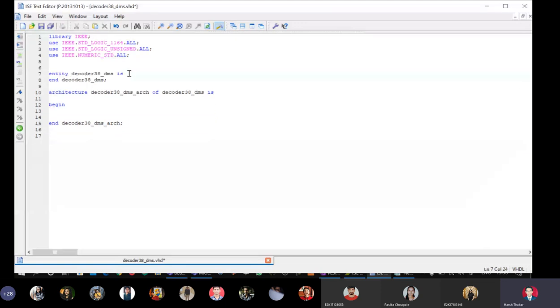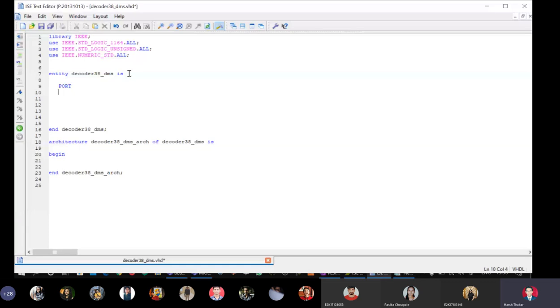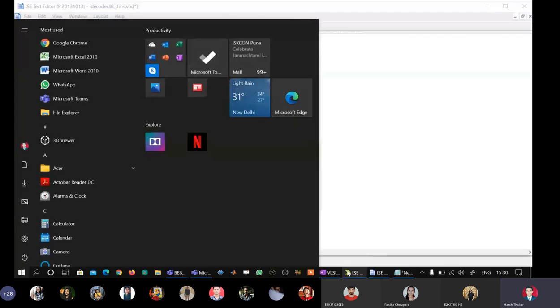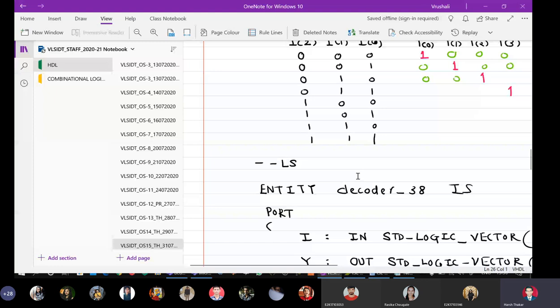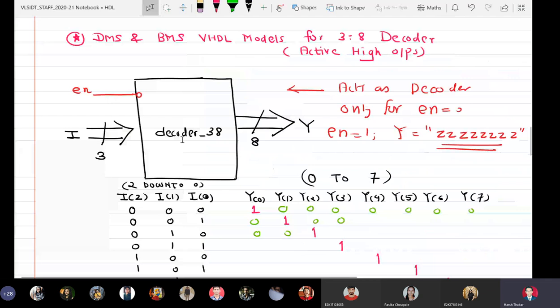Now I'll start defining the entity declaration signals as per the block diagram. Port, parenthesis. Okay, so again I'll refer to this. This is my block diagram. So I is a 3-bit vector, Y is an 8-bit vector, I is input and Y is output.